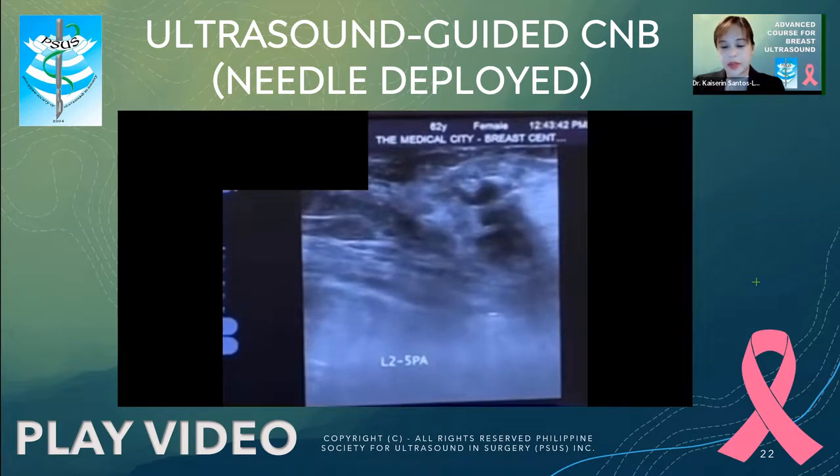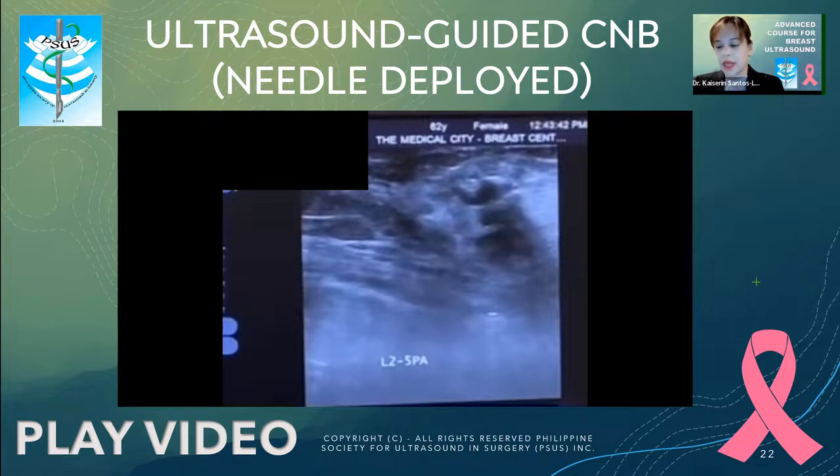There is a brand of needle. I am not promoting a specific brand. It's just that this Achieve needle came up with two settings. One setting is the standard with a 2 centimeter throw, and the other convenient setting is that the needle upon